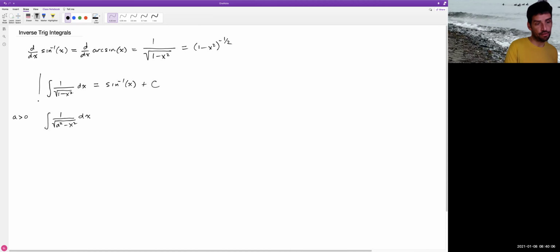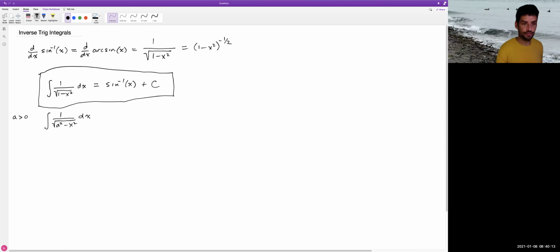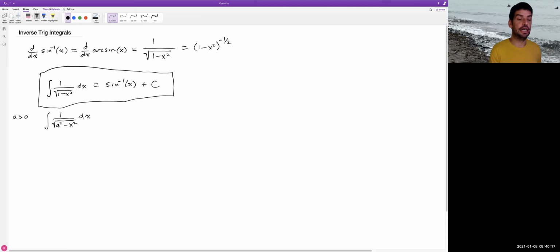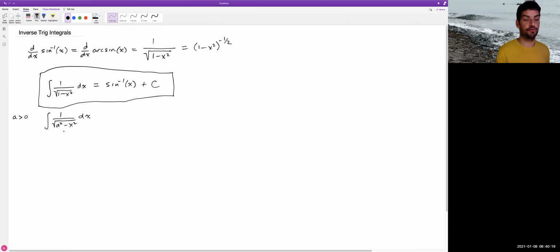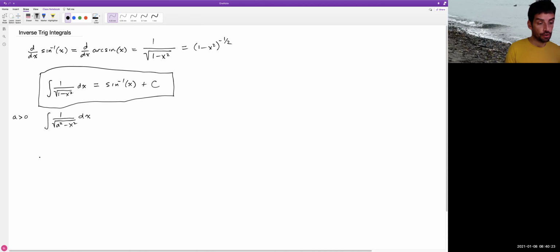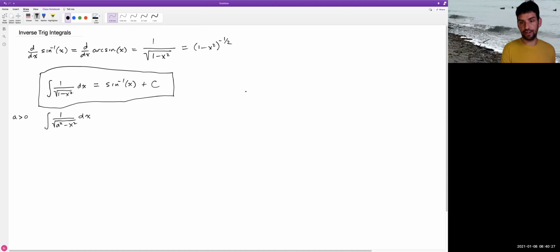So we already have one rule about, whoops, as straight as I wanted. Sometimes it acts a little funny. Let's see if we can use this rule above to get a more general antiderivative for this form anytime we have a constant minus x squared. So let's first do a little bit of algebra. I'm going to do this off to the side. If I take